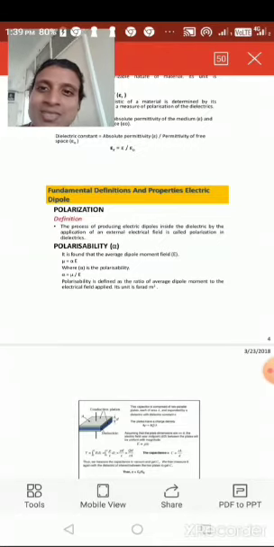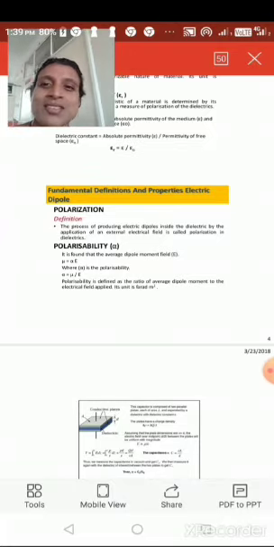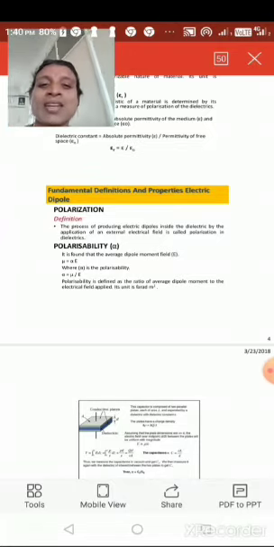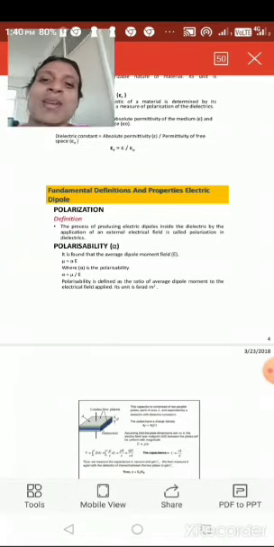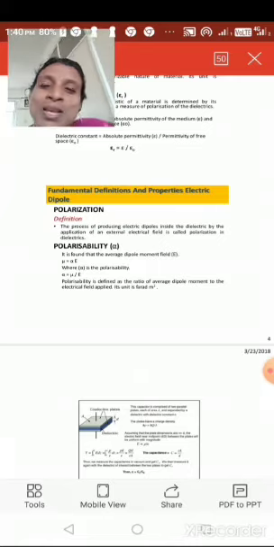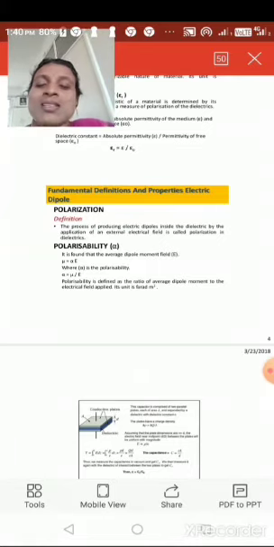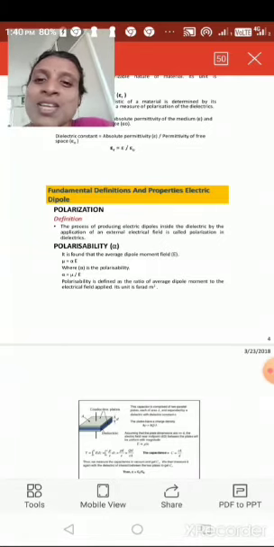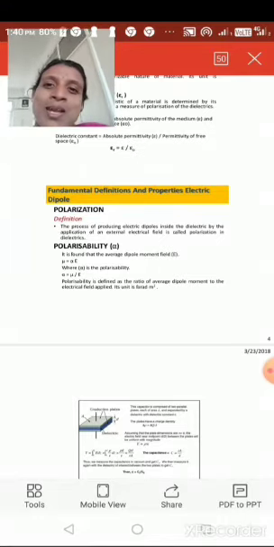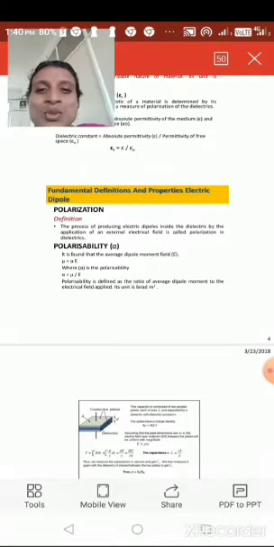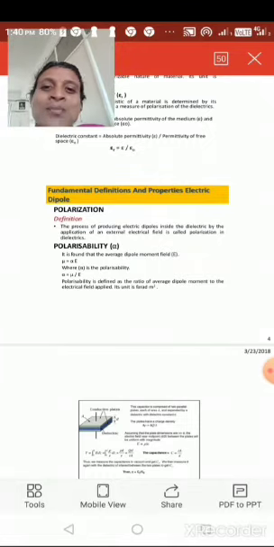In magnets we study the north pole and the south pole, and in electricity we study the positive charge and the negative charge. Can we get this dipole as a natural phenomenon? No, it is not a natural phenomenon. We have to prepare this positive and negative charge separation with the help of an electric field. An external electric field can be applied to separate the positive charge and the negative charge.